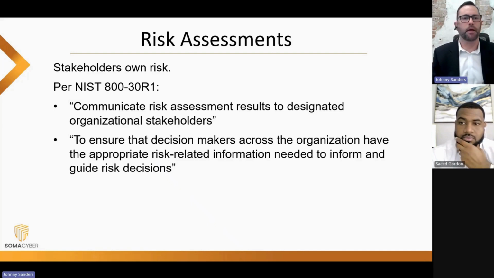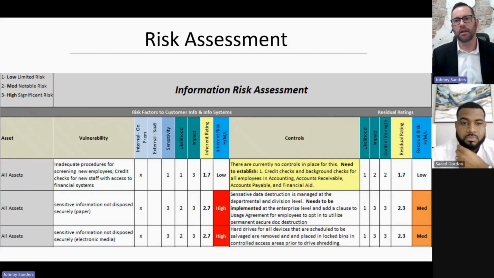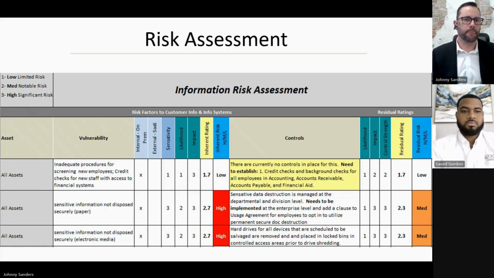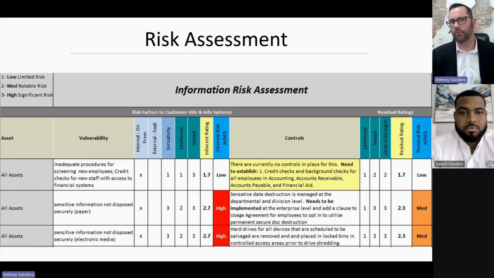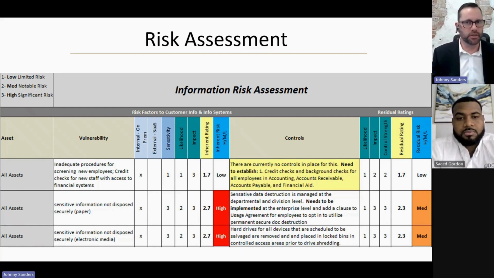I'm going to talk about that again in a minute, but the risk assessment itself, everybody has a different type of risk assessment. I know there are vendors that sell risk assessments. I've seen some I love. I've seen some where I couldn't even get to the bottom line of the risk or the control because it was so muddy. Do not overcomplicate the process.